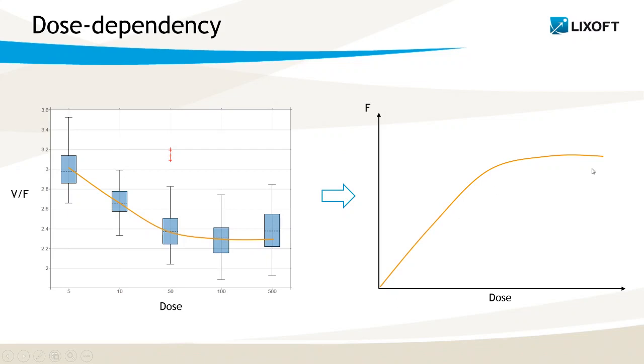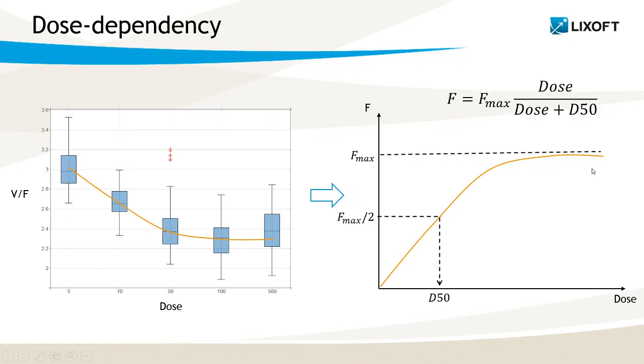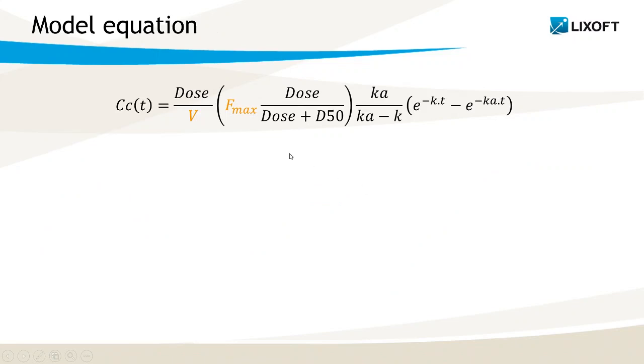We can come up with different formulas about how the bioavailability changes with the dose, but usually a simple Emax model is sufficient. So we can write this formula here with Fmax, the maximal bioavailability, and D50, the dose at which the bioavailability is half the maximum. If we put this back into the equation, we obtain the following, but here the problem is again the same. V and Fmax appear only here as a factor,